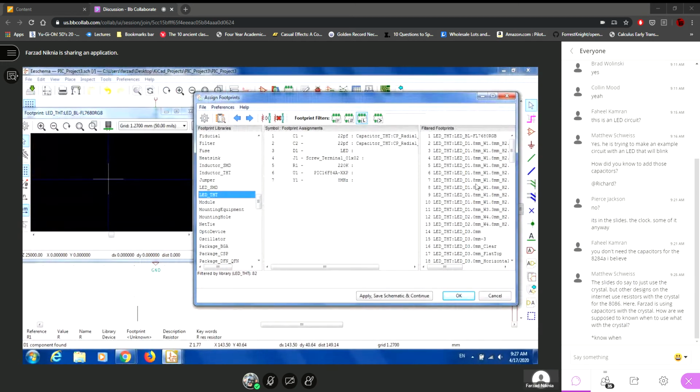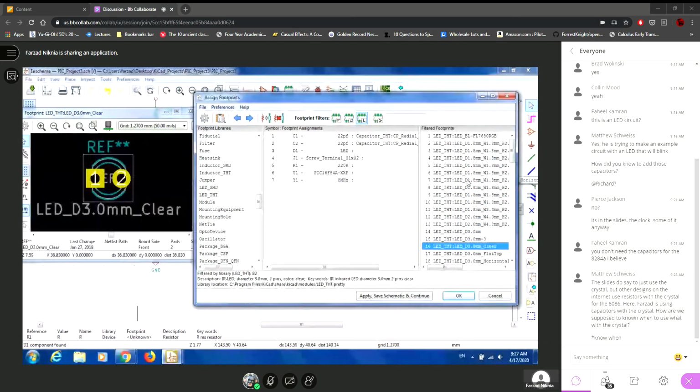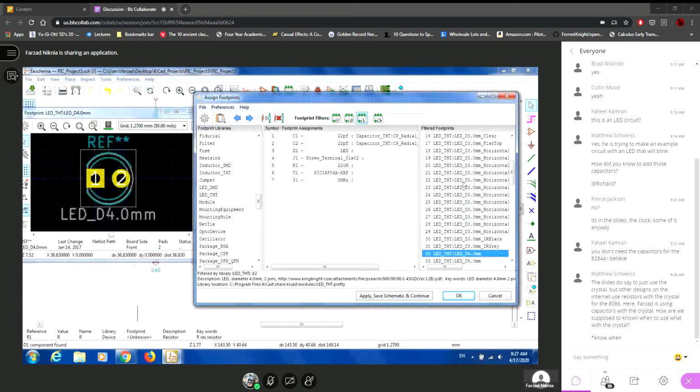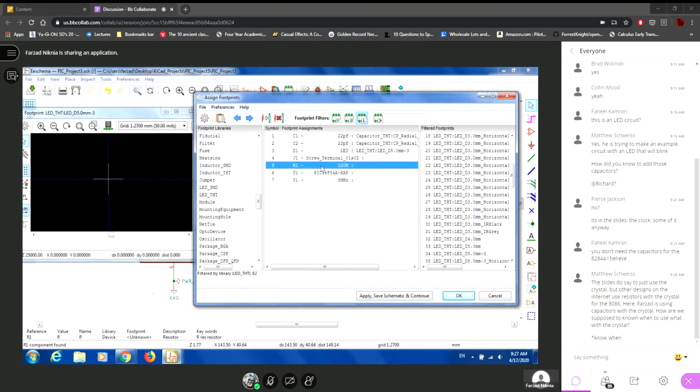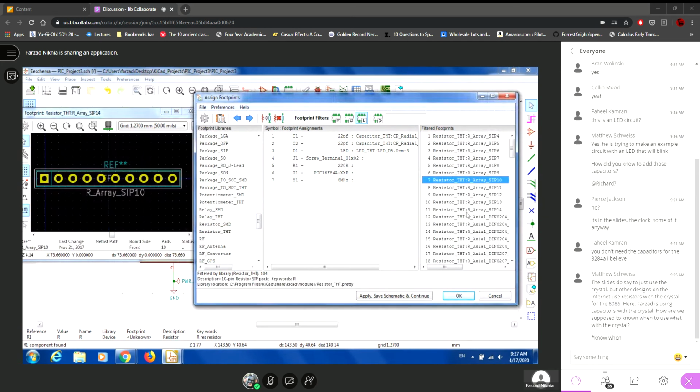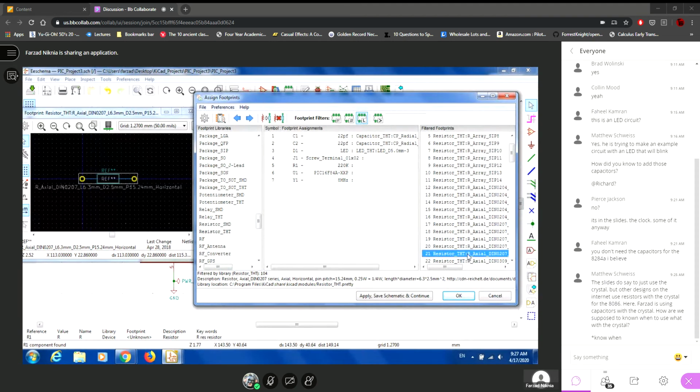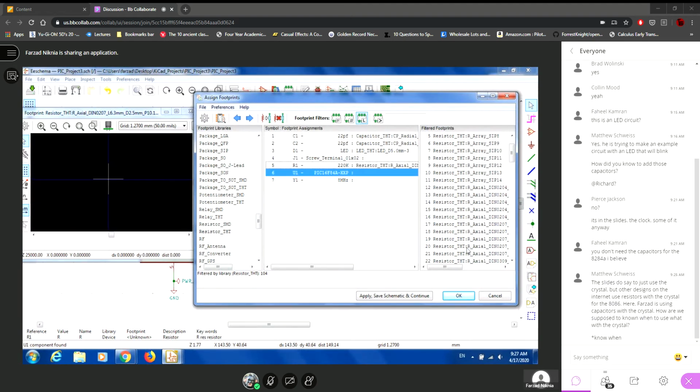Now here for LED, I will choose, for example, this one. For resistor, I will come to find the resistor here again. Choose this, for example. And for the PIC, I will come here,